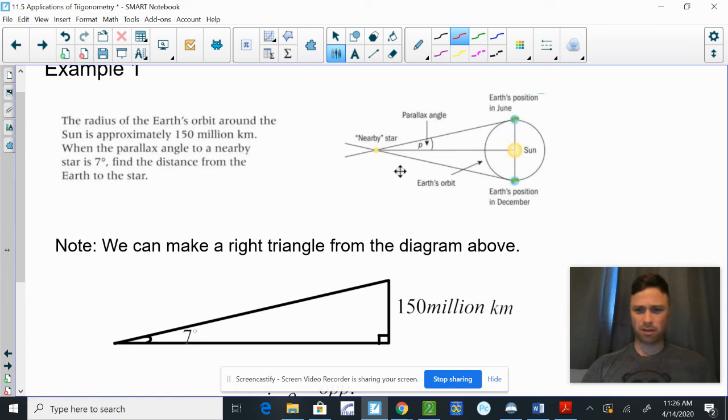Obviously, we can't have a star that's somewhere in the solar system, but in principle, if we had some more accurate angle measures here, that is how astronomers can judge distances, or one of the ways that they can judge distances to